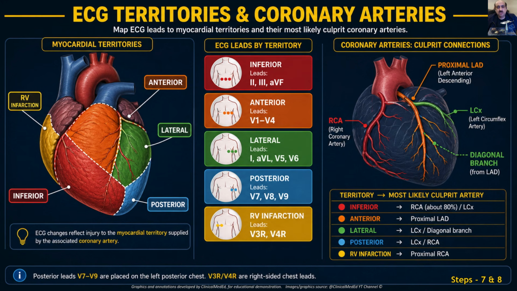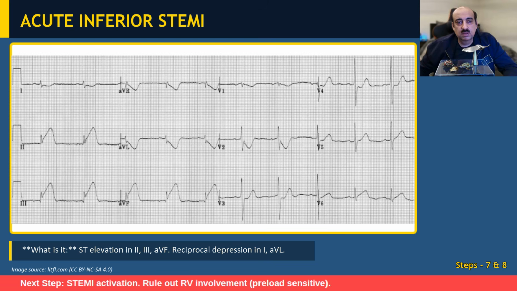In terms of posterior MI, the posterior wall, that's usually the posterior leads, V7, V8, V9. For that, you need special placement rather than the normal anterior lead placement, because you will have reciprocal changes anteriorly. And similarly, for right ventricular infarction, you need the same V3 and V4, but now the right-sided placed leads to be able to pick them up. So these are the different territories, and it's really important to understand the logic, rationale, and also the distribution of